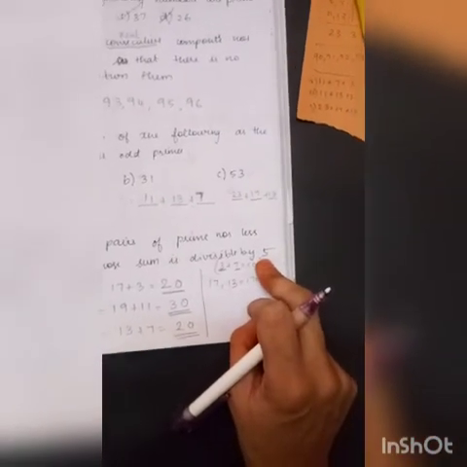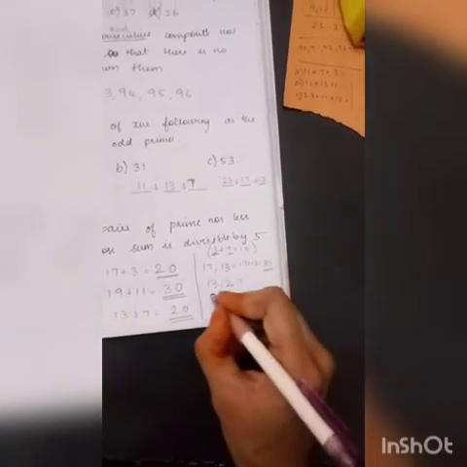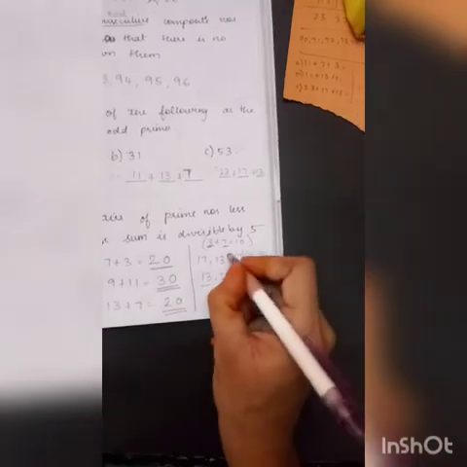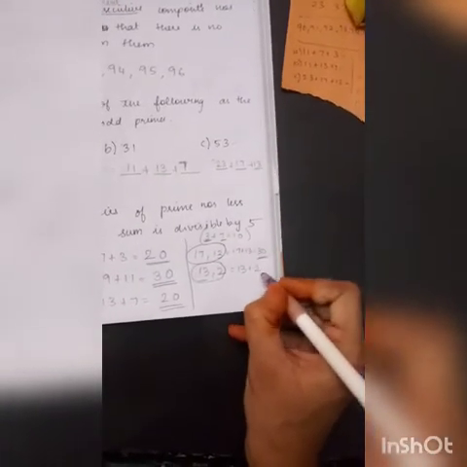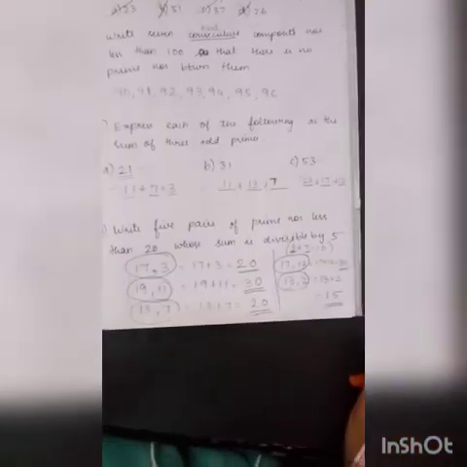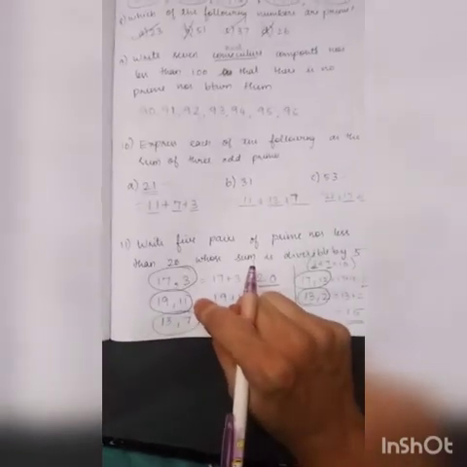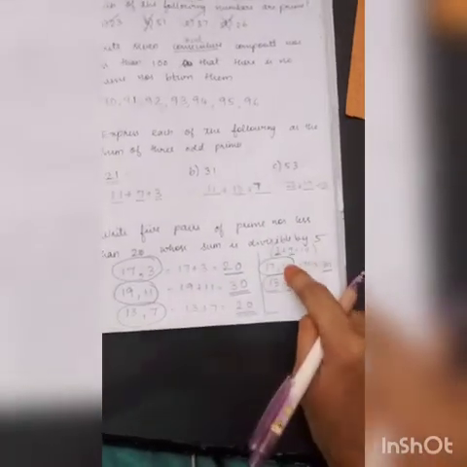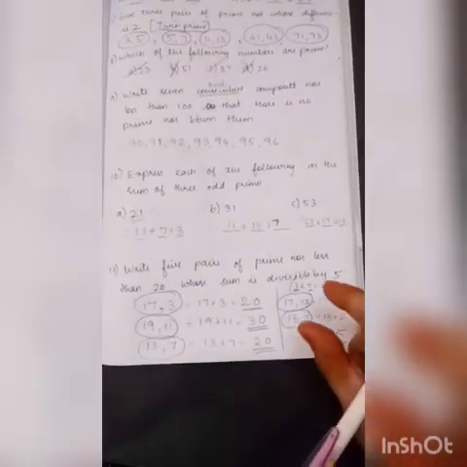Right. The next pair which I am going to take is 13, 2. 13 is one prime number. 2 is one prime number. Okay. I am just going to add 13 plus 2, which is 15. 15 is divisible by 5, right? So what are the 5 pairs actually? 17, 3; 19, 11; 13, 7; 17, 13; 13, 2. Okay, understood how to write these pairs?